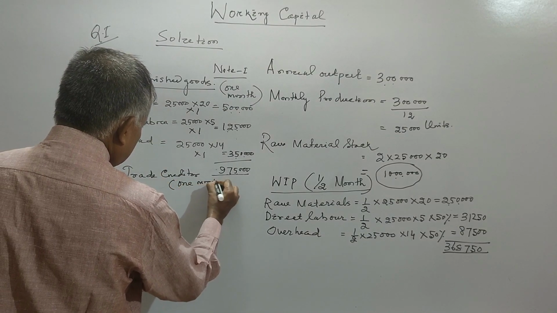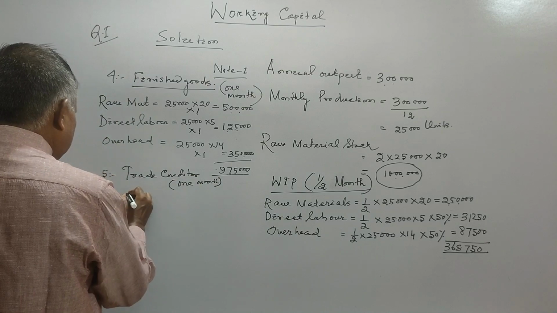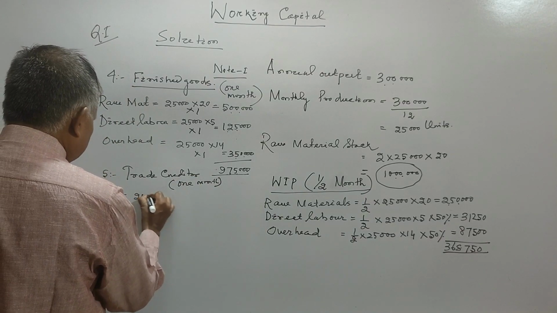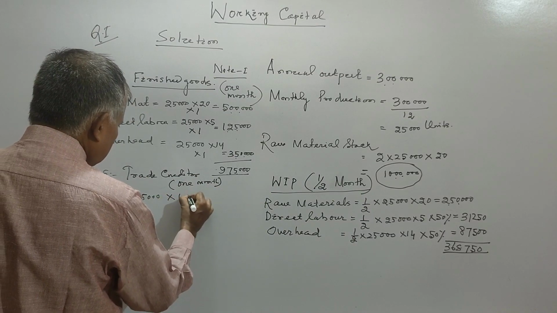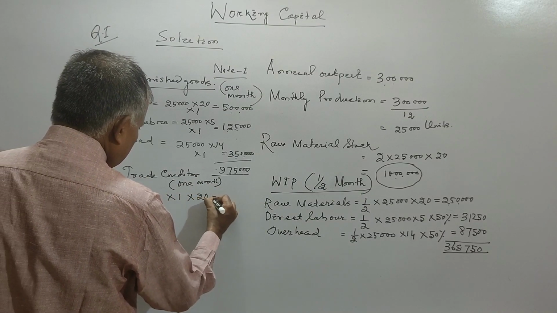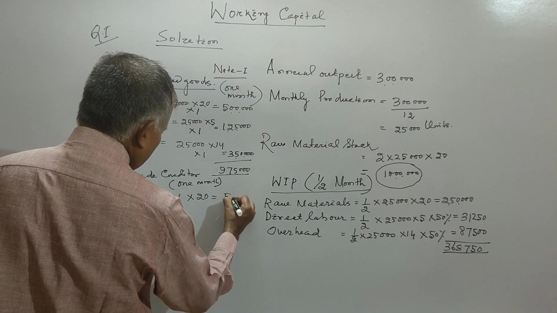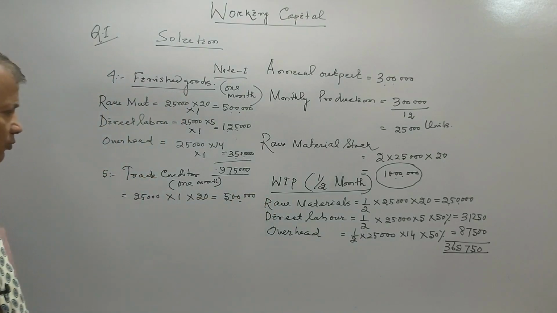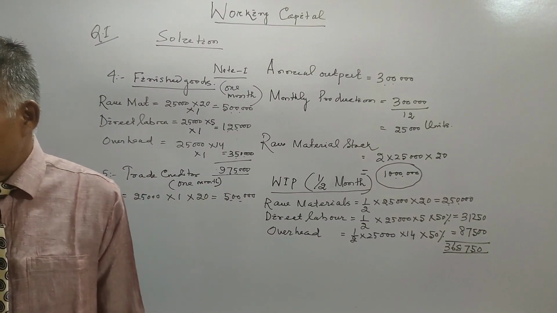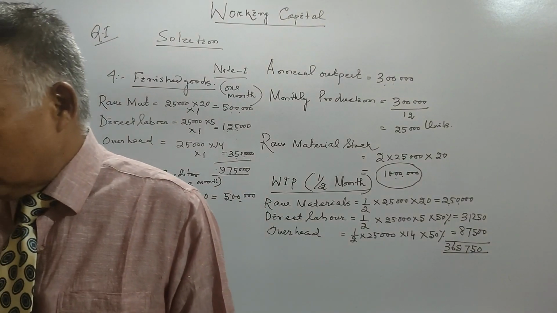So it comes to 25,000 into 1 into 20. So this will be your 5 lakh. So creditor will be rupees 5 lakh. Then let us come to